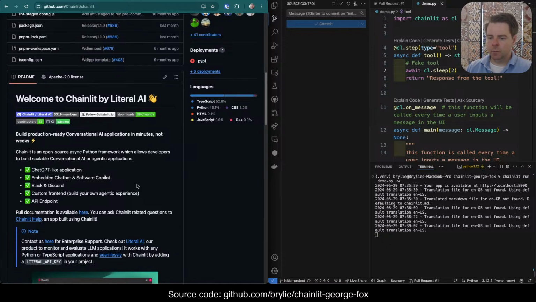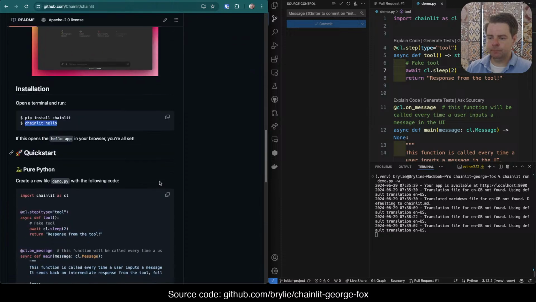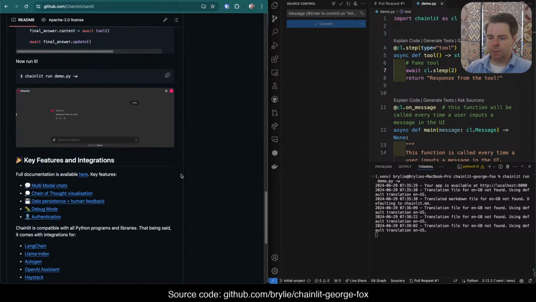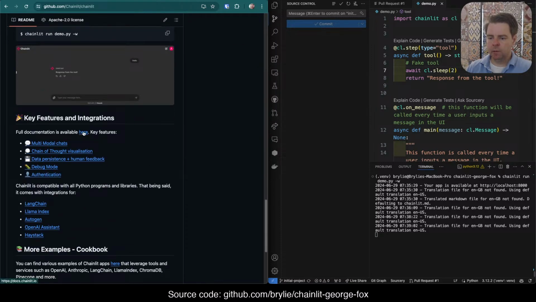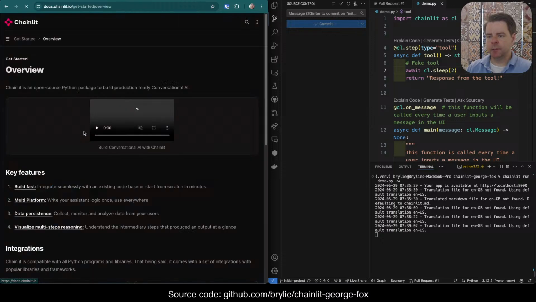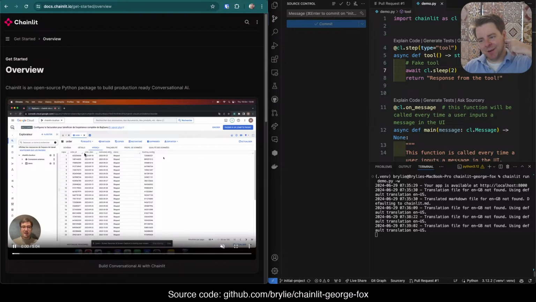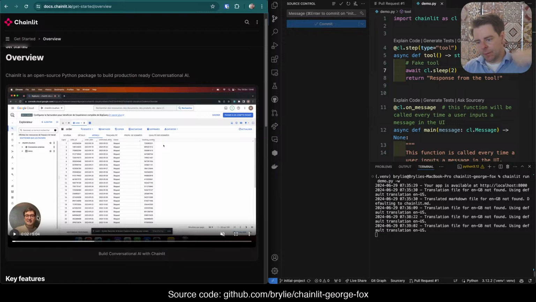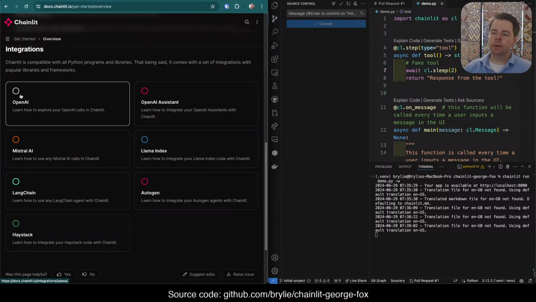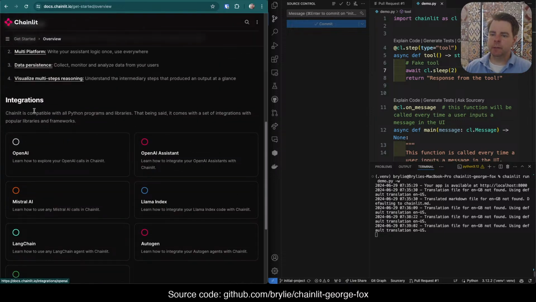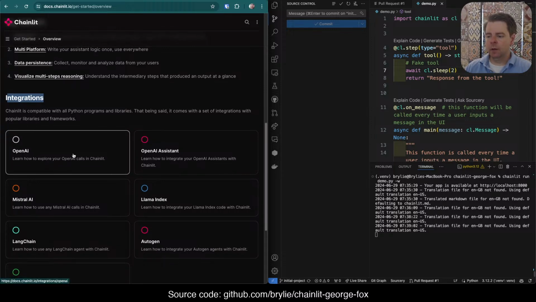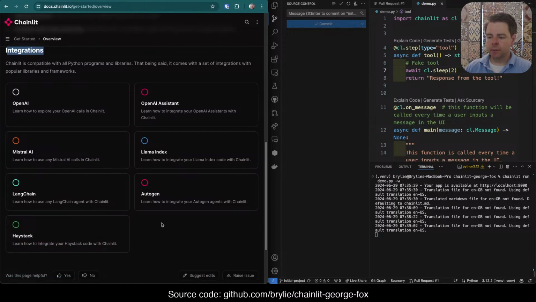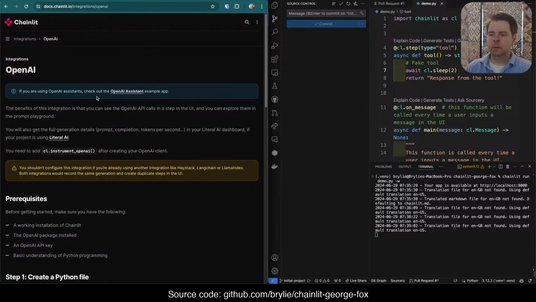So let's go ahead and get more deep into the code in the docs. And what I want to do is actually hook this up to an LLM. Now they've got these auto-playing videos, which is kind of annoying. But this is cool. You can hook it up to multiple agents. So let's just try and get something from OpenAI, although I'm increasingly wanting to use Anthropic, but we're going to try